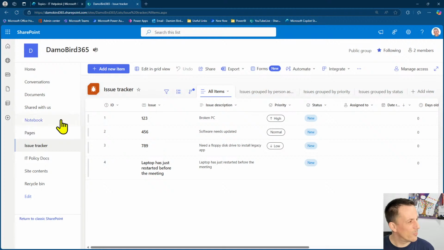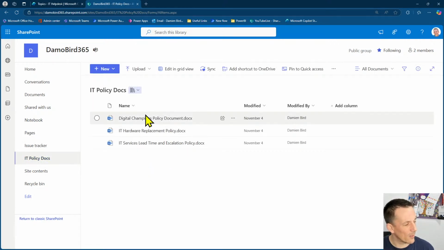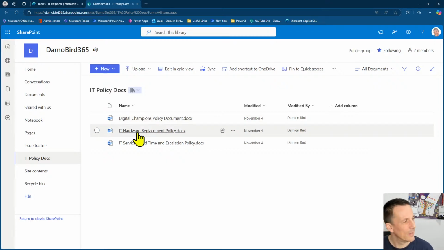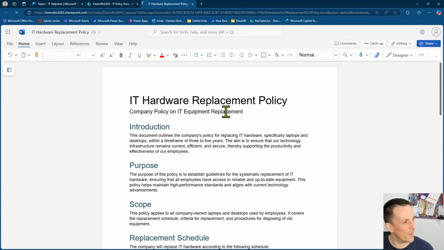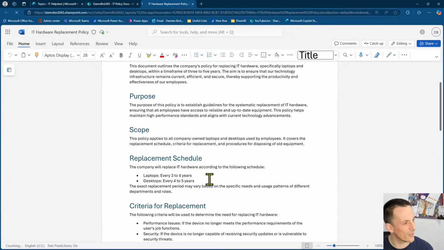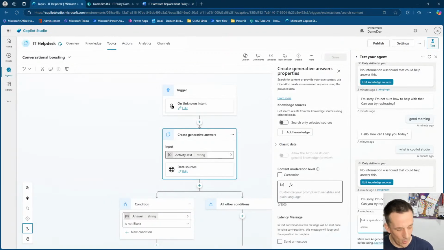So what I have previously built over on SharePoint is a document library, and in there I've got a few different policies, IT policies, based on, for instance, IT hardware. If I pop that open, we've got an IT hardware replacement policy, and we can see that every 3 to 4 years you're allowed a new laptop. And if I was to go and ask my bot at the moment, how often can I replace my laptop,